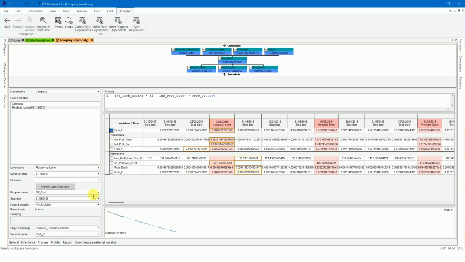To view arrays or life tables, click on the cell itself within the results grid for the whole table to display.